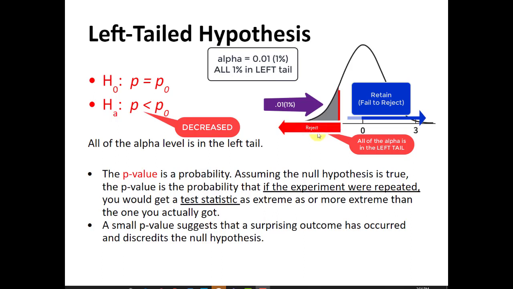That means that if the null hypothesis was true, then the p-value is a probability that if you were to repeat this, you would get a test statistic that is that low or even lower than the one you actually got. Okay, so we're looking for a small p-value that suggests a surprising outcome and would completely discredit your null